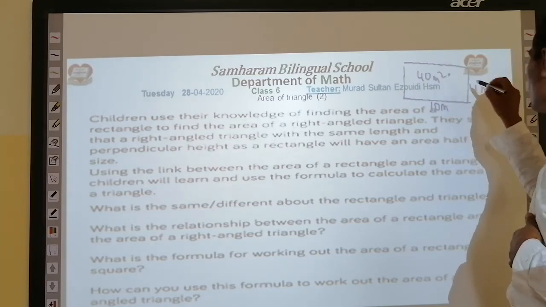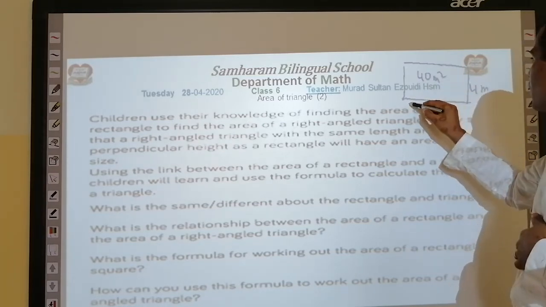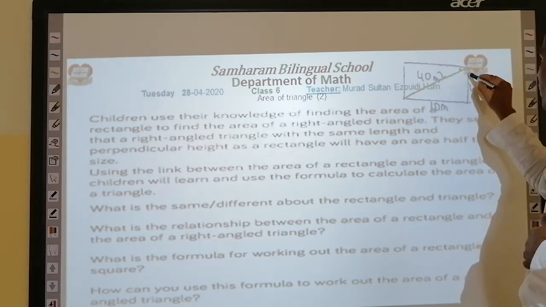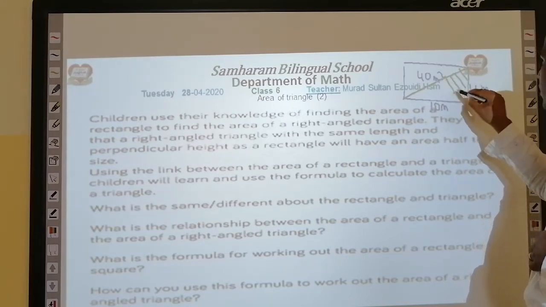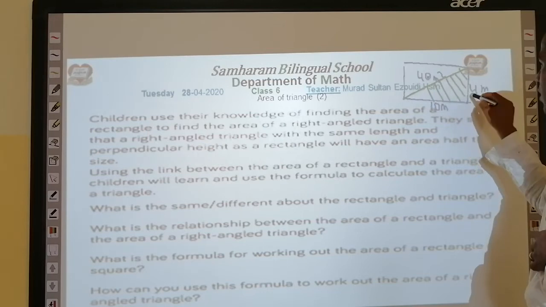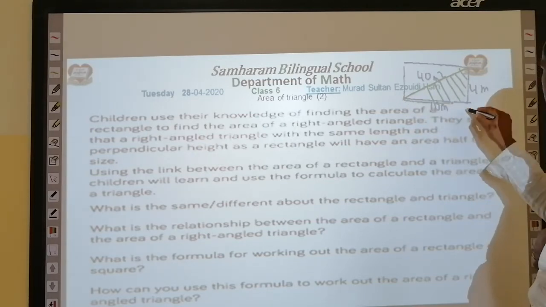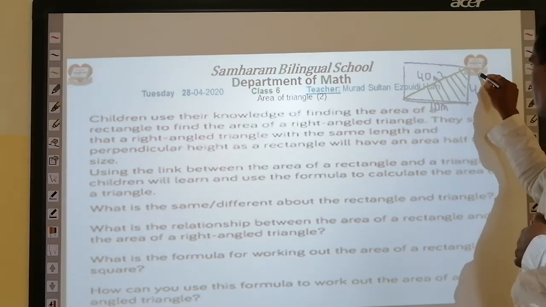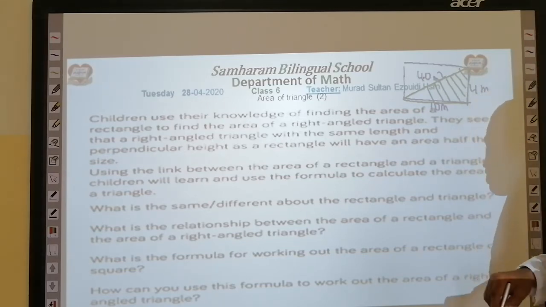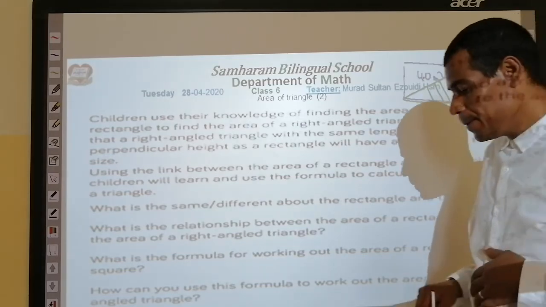Okay. But if I want to find only the area of this triangle, my loves, just 40 divided by 2, or 10 multiplied by 4, it will be 40 divided by 2 gives the area of this triangle. Okay? So,